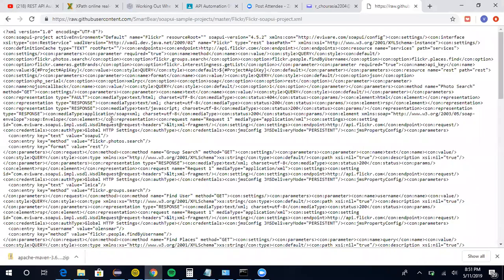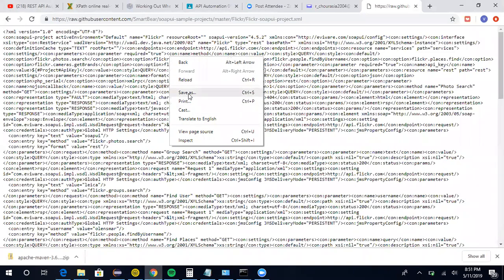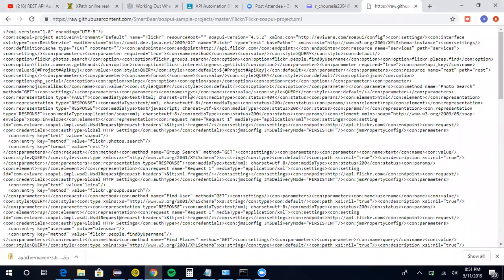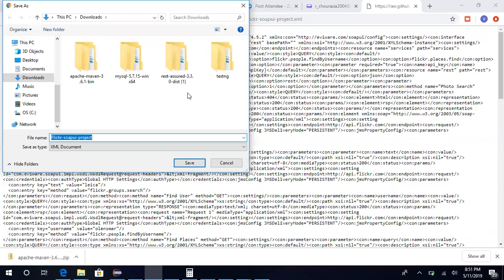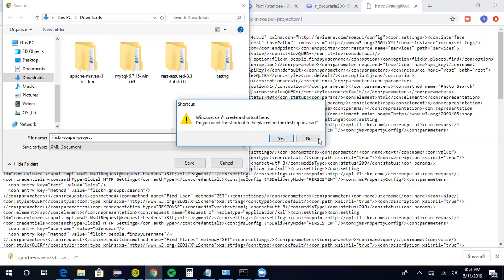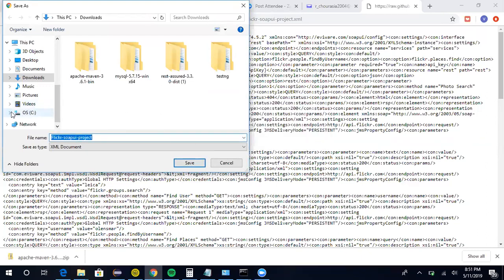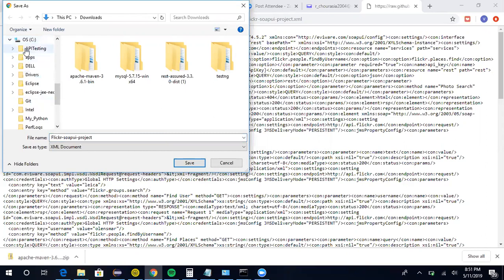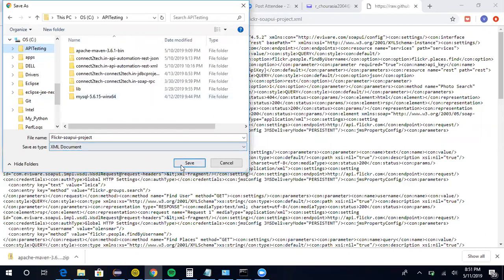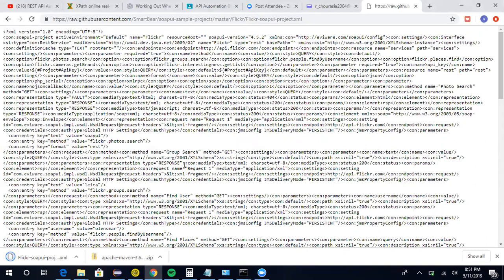Okay. Right click, and then you have to save it as, save as. Go to the directory where you want to save it. It's under C and API testing. Yeah, save it here. Yeah, save. Okay. Others also, I hope you are trying it along with me. Once you are done with this,